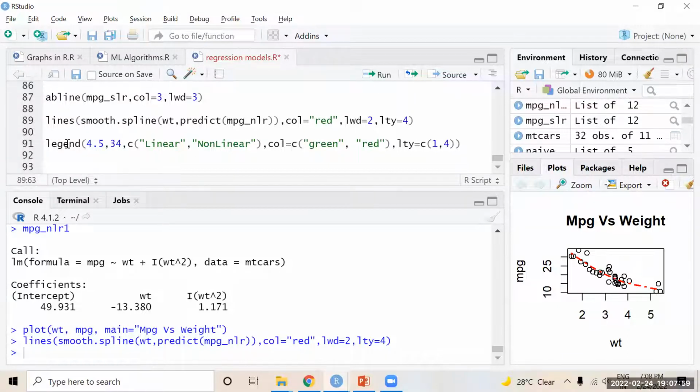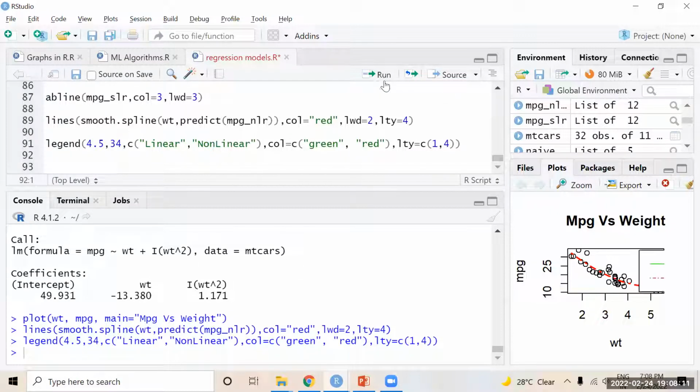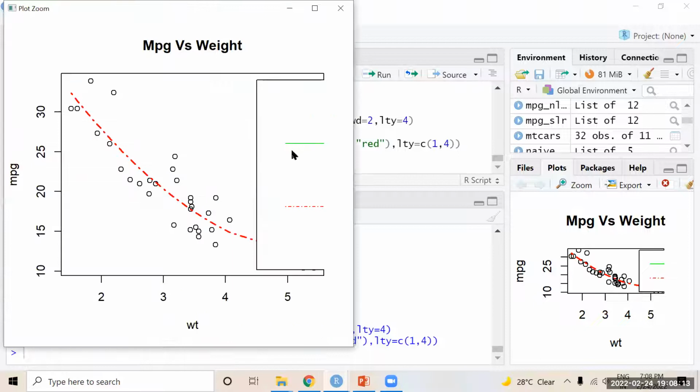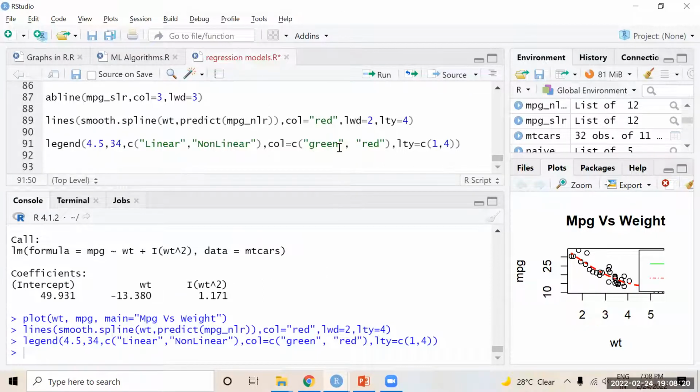Now I want to give a description of the different notations because I have both analyses in a single graph. Now you can find here which one represents what. The green color curve represents linear, and the red color identification is for the non-linear model.